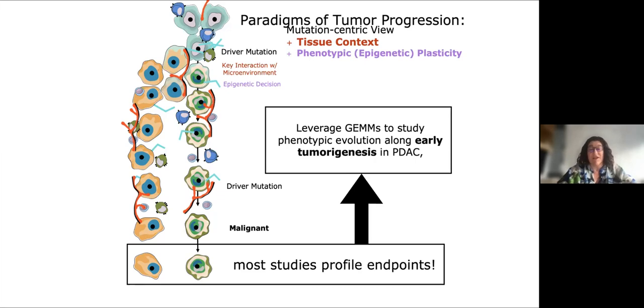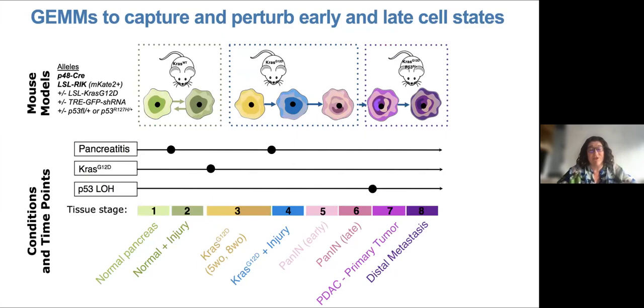So we're going to leverage genetically engineered mouse models to start and study the earliest steps in tumorigenesis, and particularly the interplay between injury and mutation. So again, we're leveraging Scott's wonderful mice, and we want to compare regeneration, or what happens in an injury in a normal wild type mouse, and an injury in a mutant mouse. In this mutant mouse, we had a situation where all acinar pancreas cells were KRAS mutant, so oncogenic KRAS, only the acinar cells, but all of them. So we could induce oncogenic KRAS in the acinar cells.